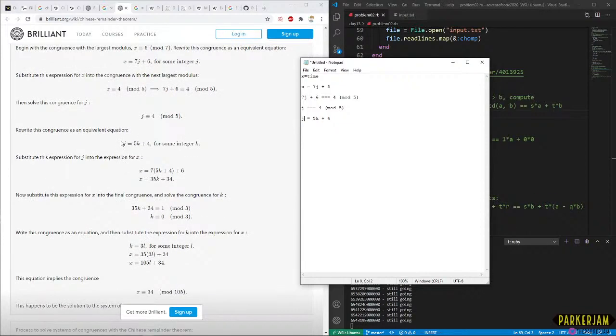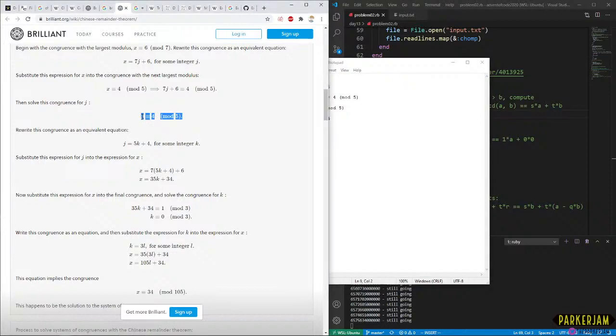Yeah, I'm just gonna run with it and assume that j does equal that. J equals 5k plus 4 for some integer k. I mean, that's fair. If we concede this point here, substitute the expression for j into the expression for x.